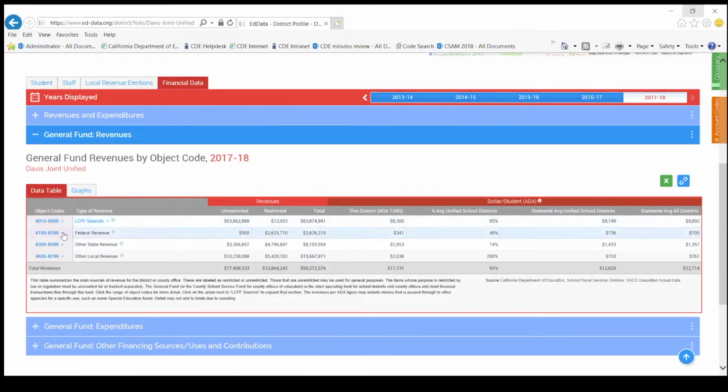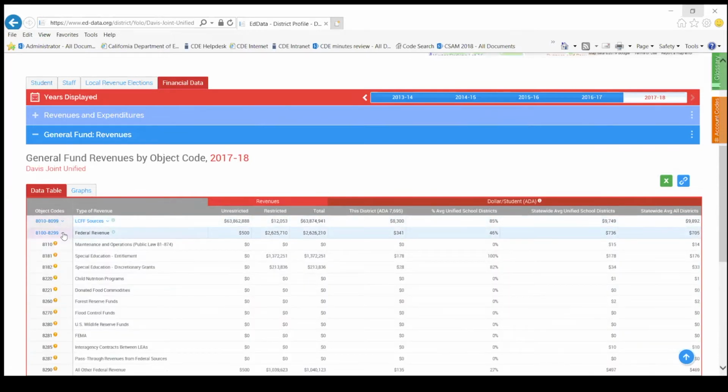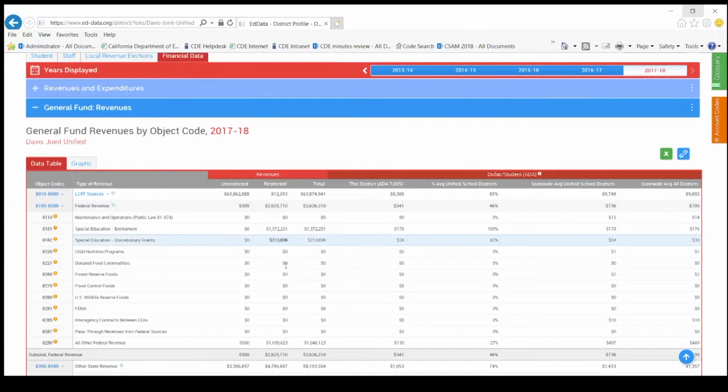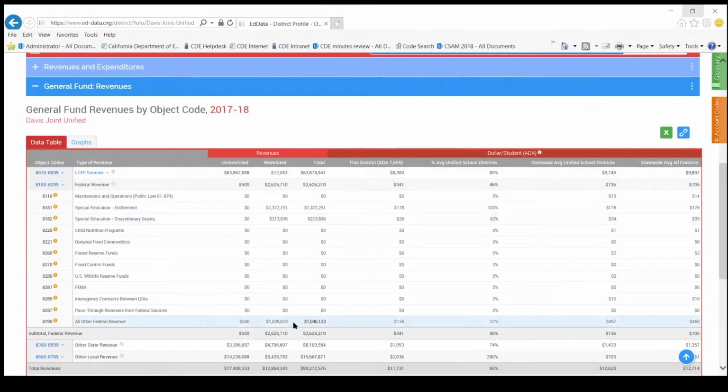And so the same thing, we've got our federal revenues. Whereas above we saw federal revenues by resource code, here it's actually by object code, which is the type of federal revenue. You'll see that there's a couple of big special education revenue sources. And then this one here is all other federal revenue. This is kind of a catch-all for most of their other federal revenue sources,